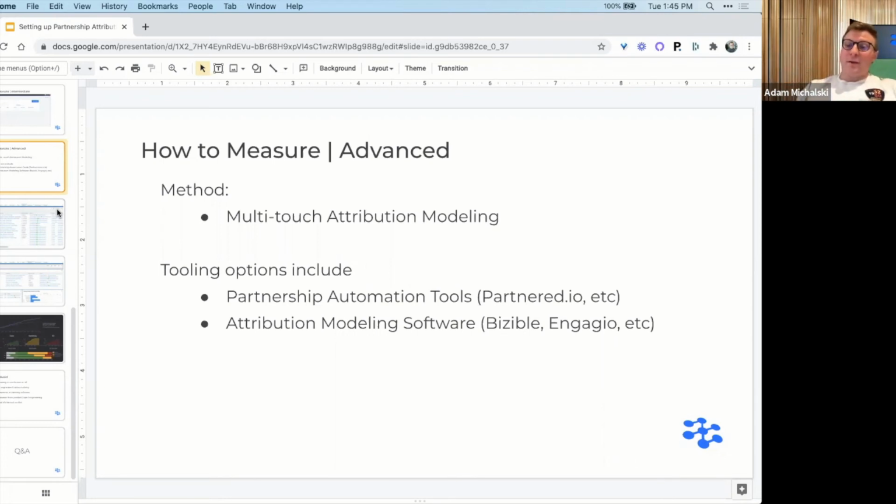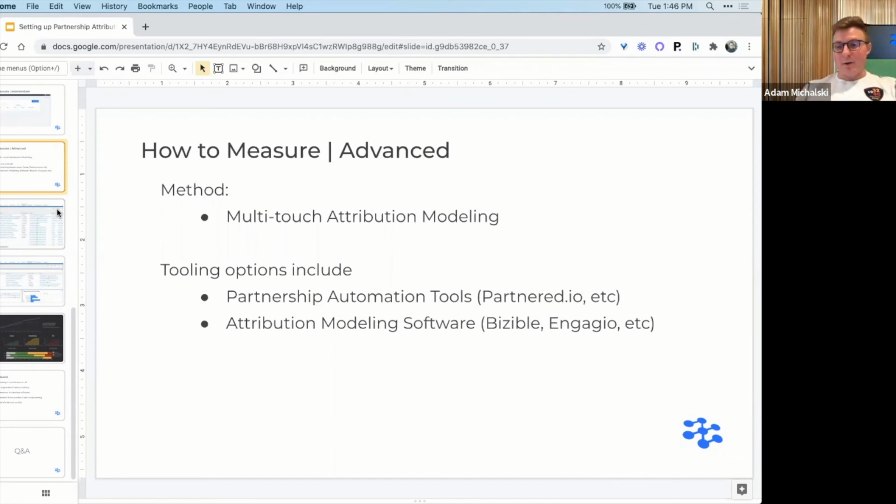Multi-touch attribution modeling, as I mentioned earlier, is really only as good as the data that you provide it. Sales attribution has always been pretty strong in the sense that it became more of a science. There are tools such as Outreach, which will track all of your emails, or Salesforce, obviously, being able to track all different types of events from a CRM perspective. Marketing soon followed after that. Jay McBain, on a podcast that I did recently, alluded to this: sales became more of a science and marketing became more of a science.